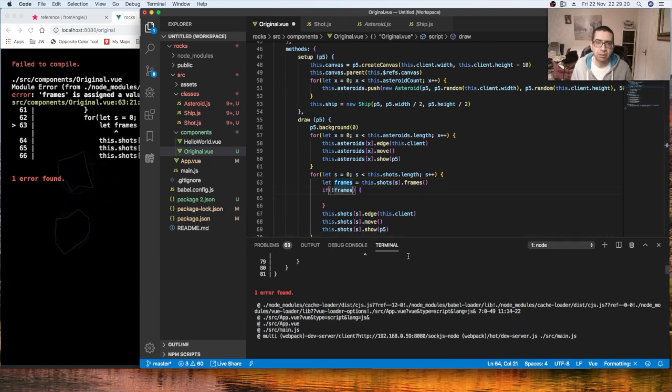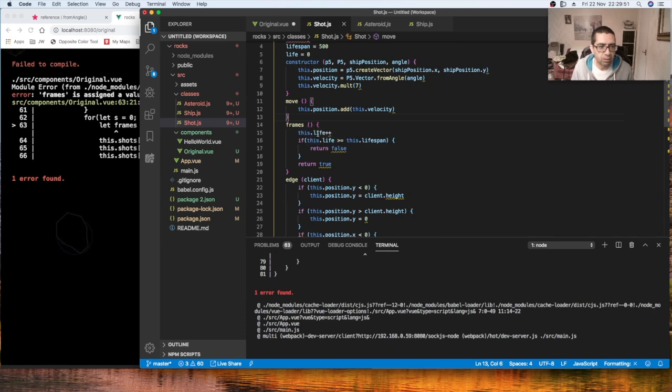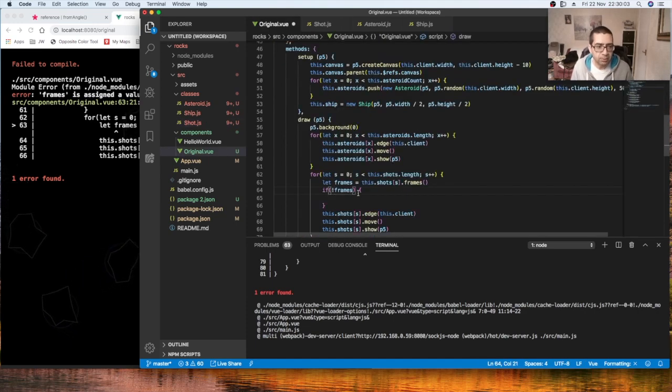But what's with the exclamation mark? Well, what that basically means is negate the result, if the opposite is true. So if I said if frames, in other words, if frames equals true, do something. By putting an exclamation mark there, what we're saying is if frames is not true, or basically if it's false. So let's have a look at what frames returns again. This dot life plus plus, so we add one to the life. Then we say if the life has reached the lifespan, we return false. In other words, if it returns false, we need to remove this shot. So that's why I've said if